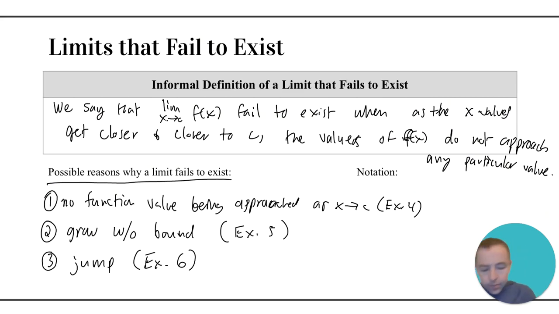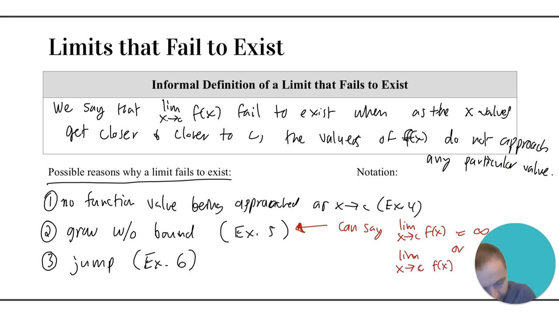Okay, here I maybe want to make some remarks about what was happening in example number five. What we are able to do is we can say the limit as x goes to c of f of x equals infinity, or we could also say, if it was headed downwards from both sides, that the limit of f of x as x goes to c would equal negative infinity if f of x grows without bound as x goes to c. Okay, so we can write that notation, but the important thing that you should realize though is that even though we write that,